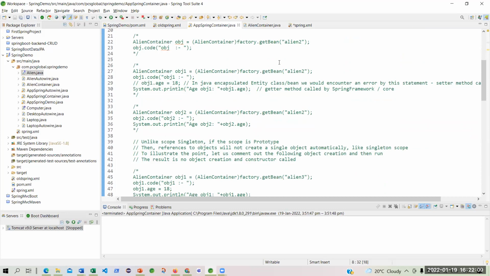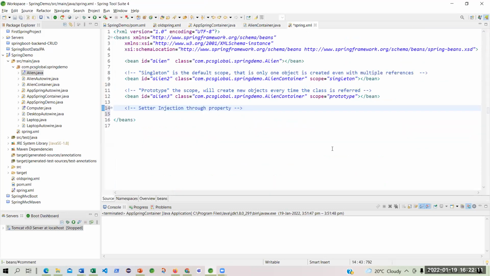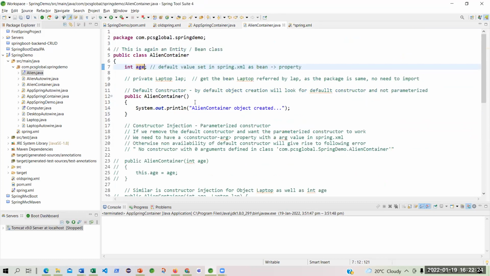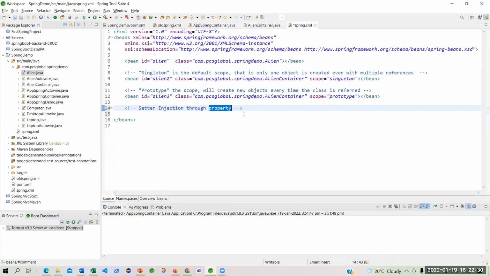I will do it in my configuration file. How will I do this? This is called injecting the setter. I will set it through a property of that bean. So the bean only says that there is a property called age. I will use that and set the value in this bean.